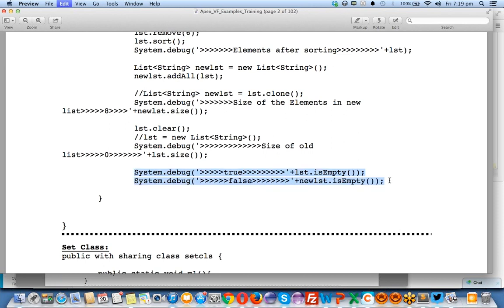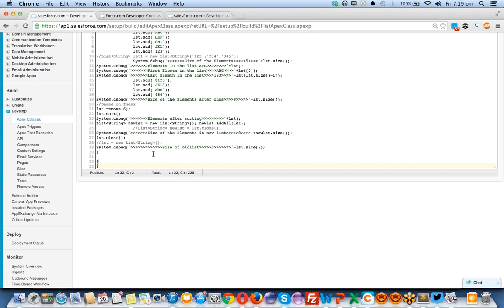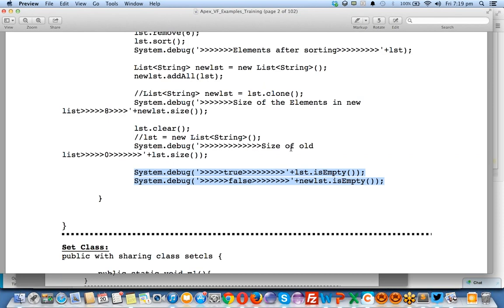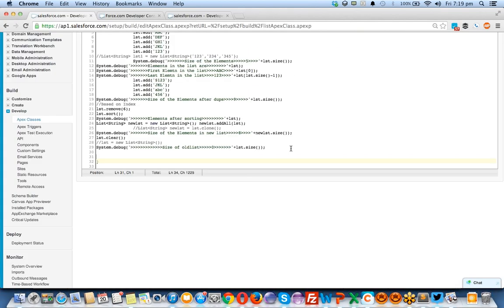So I am copying these two debug statements here under this list, and click on save.